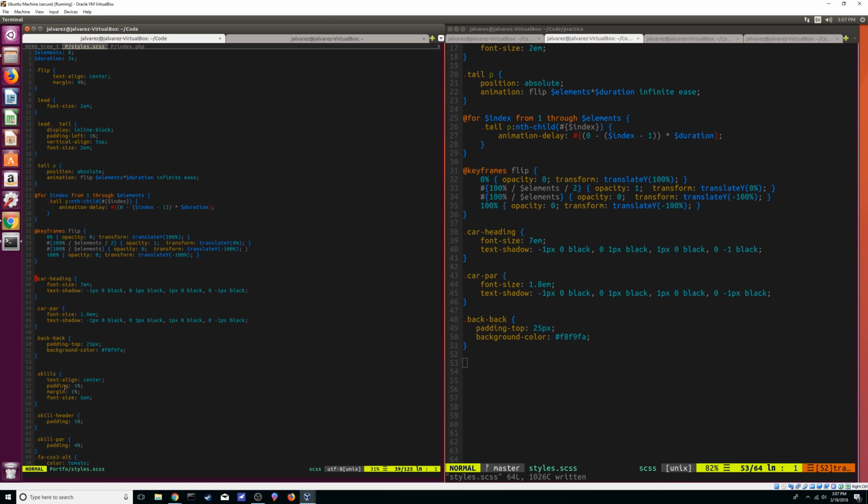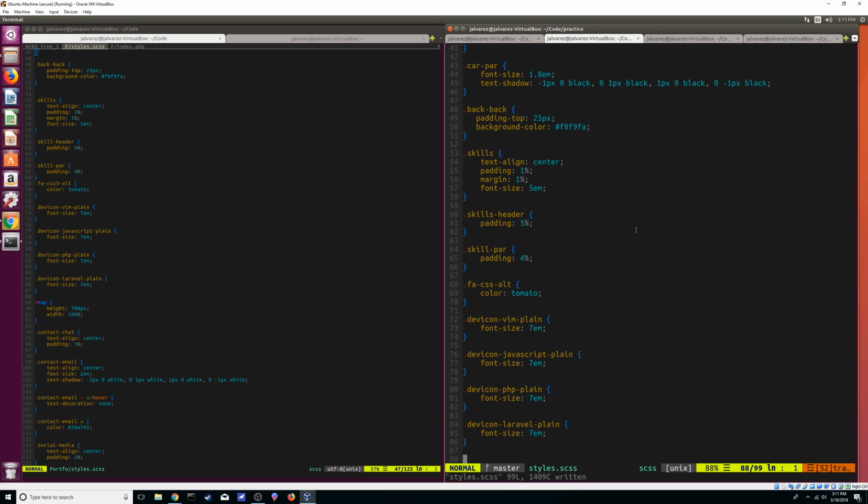Next thing is gonna be the skills. Alright, so now what we did is on the skills text, we want it to be aligned center. We want a padding around it and a margin, and then we want the font size to be a little bit bigger. And then on the skills header, which is gonna be,